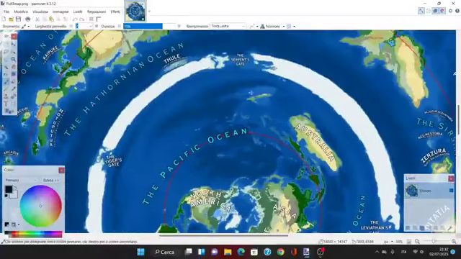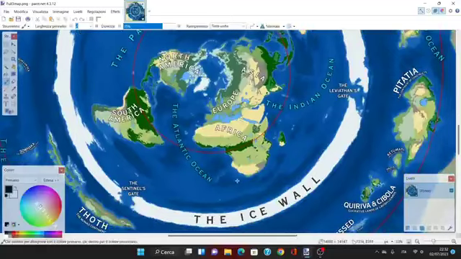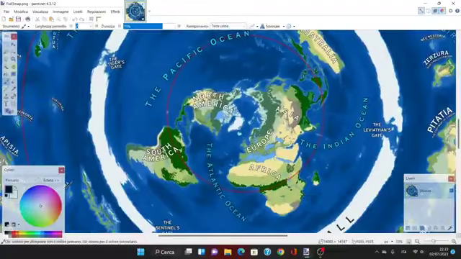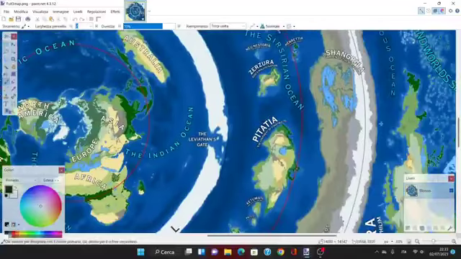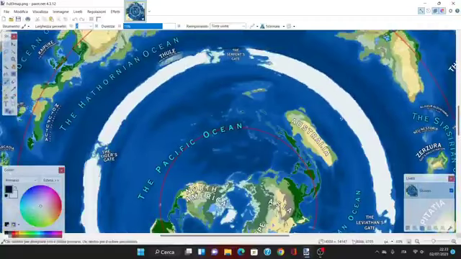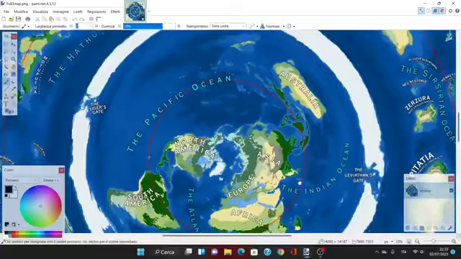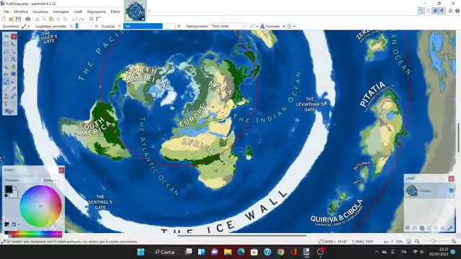Then there are the four gates. The four gates are something we developed on in the Beyond the Ice Wall series, and to make it short, there are four gates that divide the inside of the ice walls from the outside of the ice walls. At least that was the theory before we had more ice walls. But in this map we can see that the initial ice walls that divide what we call our Earth from the other Earths is, as you can see, divided from these four rings, which are the Leviathan's Gate,